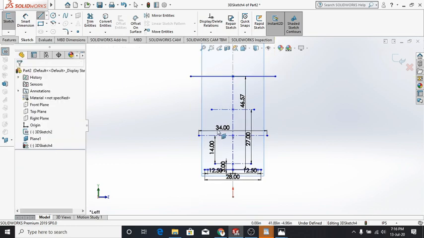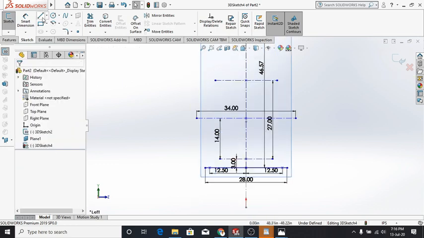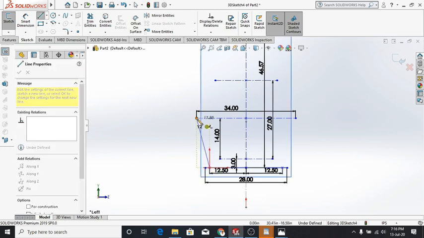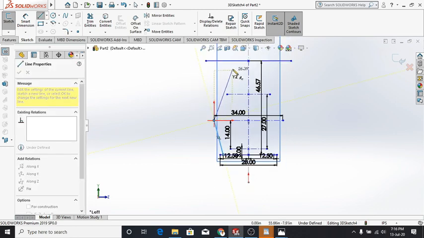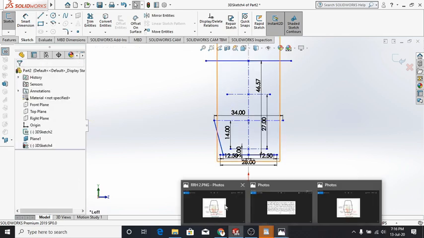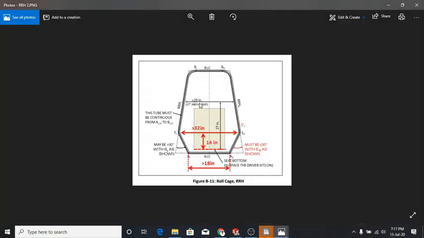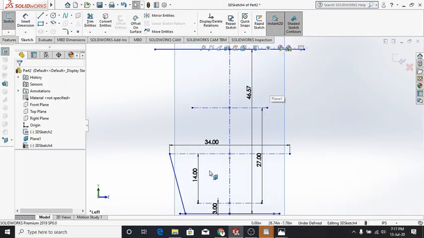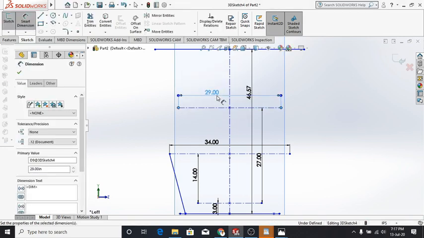Now let us join these points. Touching this one, I'm just randomly drawing here, touching this point. It also should be structurally, sorry, I forgot one more thing. The length of this should be more than 29 inches. Sorry, I forgot that. Here 14 inches above it, this should be 27 inches, and for 27 inches above the seat, it should be 29 inches.